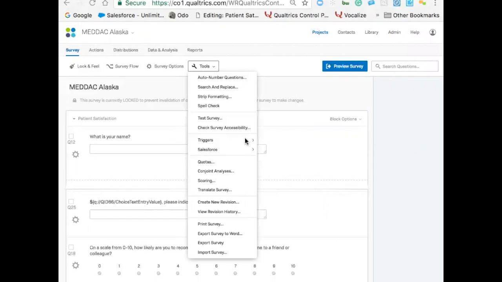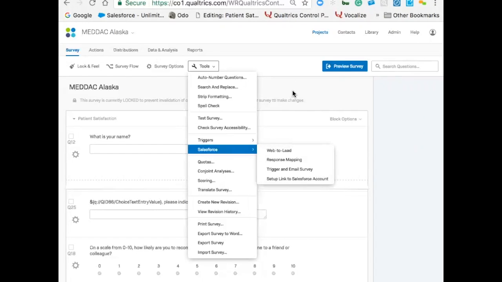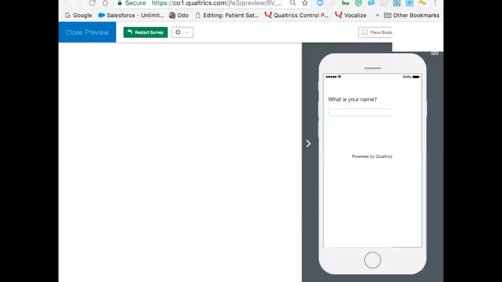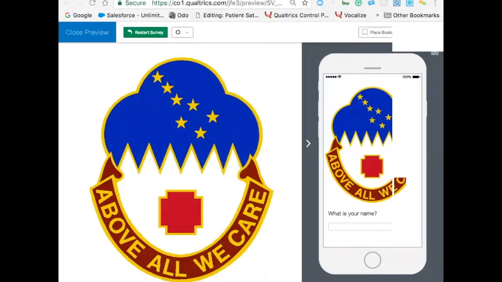There's also other features such as triggers, email triggers that will notify you of negative feedback from respondents. This is also integrated into different CRMs such as Salesforce, so that you can plug this into your system and you'll be alerted that way as well. There's also the preview survey option, so it gives you an idea of how the survey will appear to the respondent, and this is available on either computer and off to the right mobile